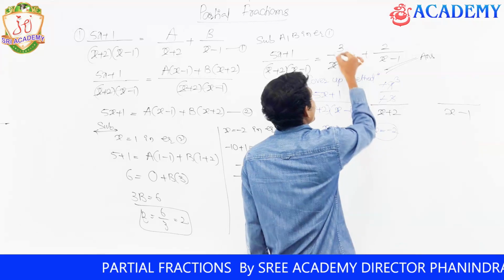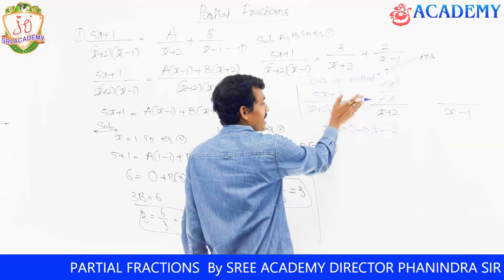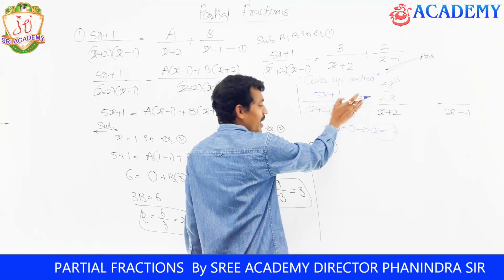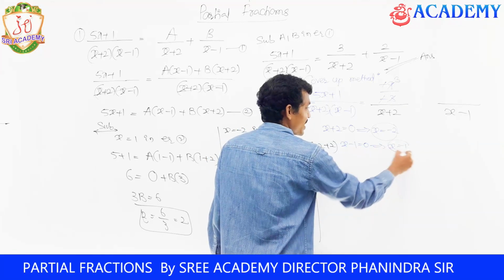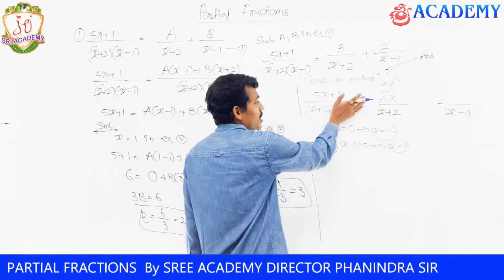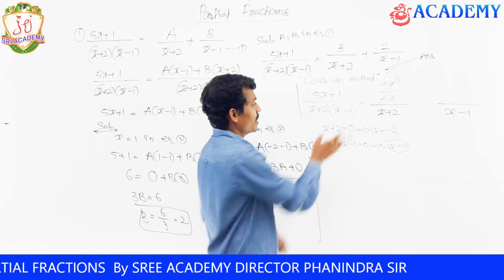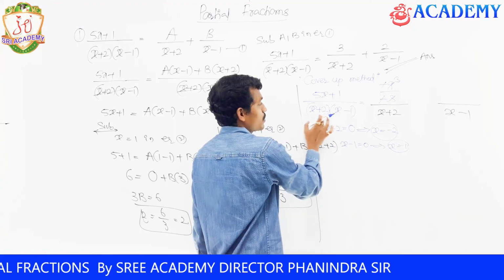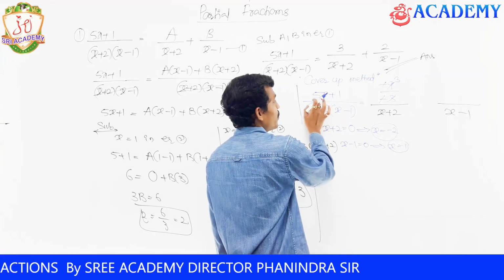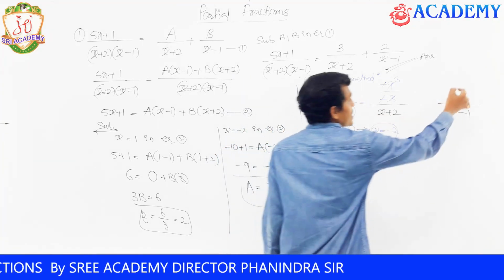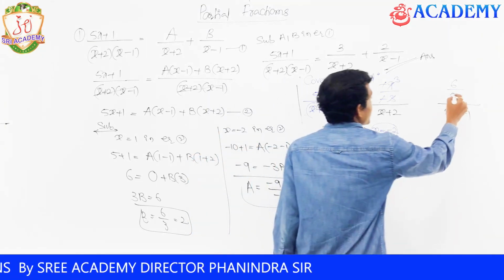Now the x plus 2 factor is 3. Now we want x minus 1. Once again Chupana, once again cover up method. Where it is eliminating, x minus 1 equal to 0, that is x equal to 1. We are eliminating this, in the remaining function, that is (5x plus 1) divided by (x plus 2), we are substituting x equal to 1. 5 into 1, 5 plus 1, 6, divided by 1 plus 2, 3. 6 by 3 is nothing but